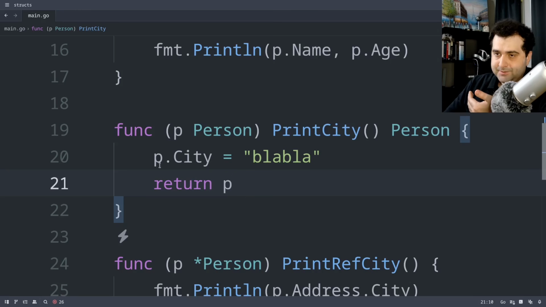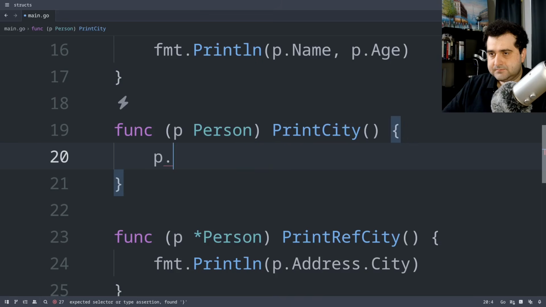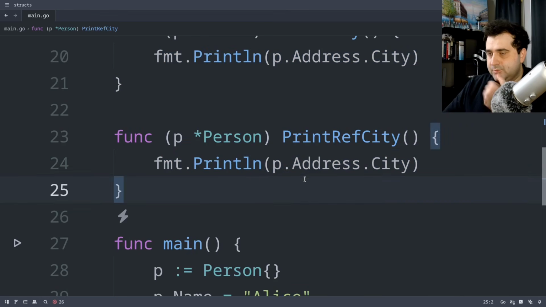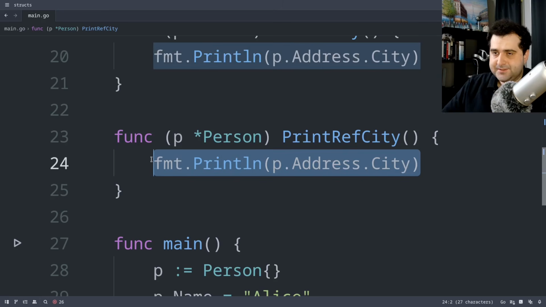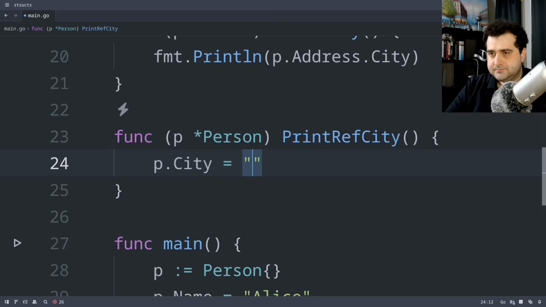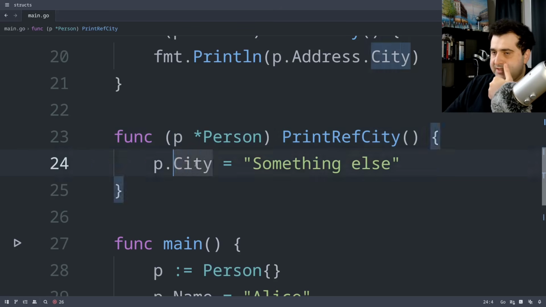If you wanted to, you can modify a copy of it and return it. That's perfectly fine, right? But let me just reset this. Here, you can actually change this like so. If you run this, it's going to change the value of city, and this will actually be